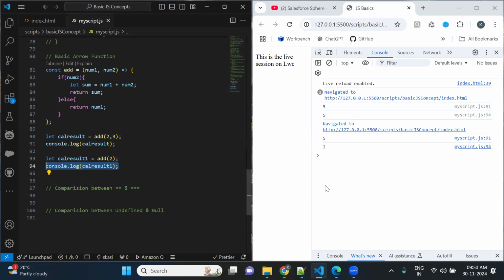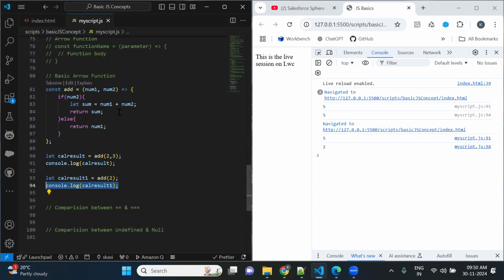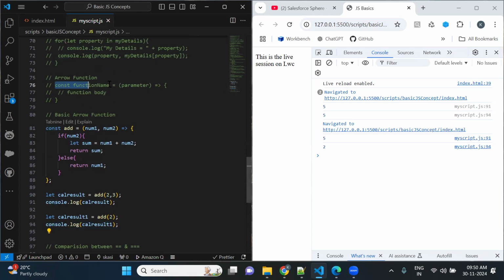Okay, so that was how you can use the arrow function and what the syntax of an arrow function looks like. This is another way of using functions, of writing functions in JavaScript. One new, shortened way of writing a function is the arrow function. And with this example,